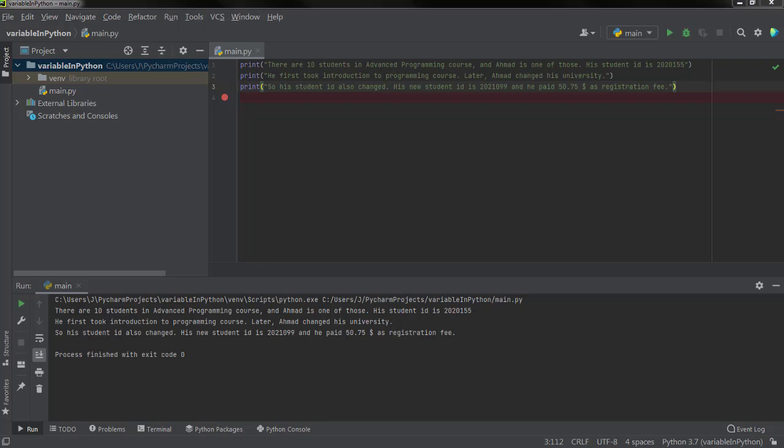So we have an awesome little Python program here, but let's say that inside of this story I want to change the name of the student here. First, the name of the student is Ahmed, but if I want to change the name of the student inside this story, I have to go to each line and I have to change it. For example, let's say Aidan.